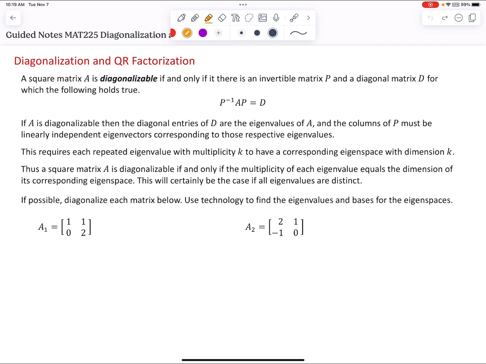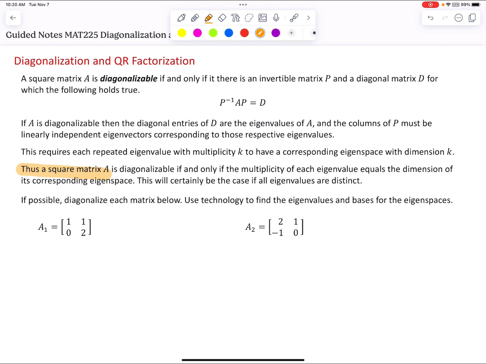But in order to have enough linearly independent eigenvectors to be diagonalizable, this would require that each repeated eigenvalue with multiplicity k have a corresponding eigenspace with dimension k. So if an eigenvalue is repeated 3 times, we would need that eigenvalue to correspond to 3 linearly independent eigenvectors in order to produce enough eigenvectors to create an invertible square matrix P. Thus, a square matrix A is diagonalizable if and only if the multiplicity of each eigenvalue equals the dimension of